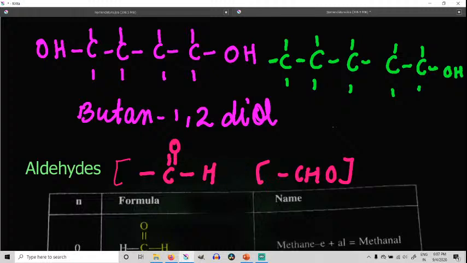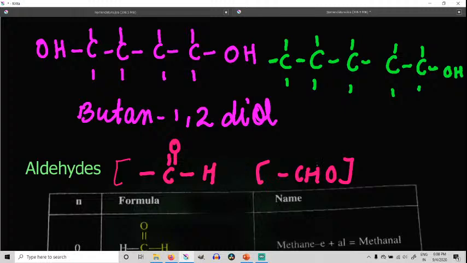What will be the name of this, beta? 1, 2, 3, 4, 5. It is a very simple alcohol. The first name we have identified is wrong. Why? Because the OH is attached on the first carbon atom and the fourth carbon atom, so it should not have this name. Okay, understood?